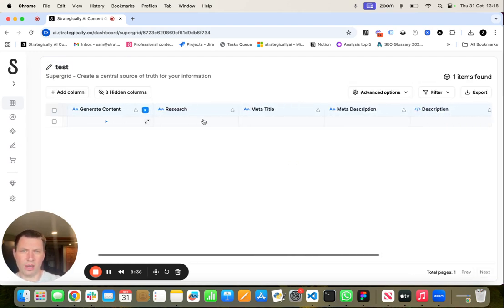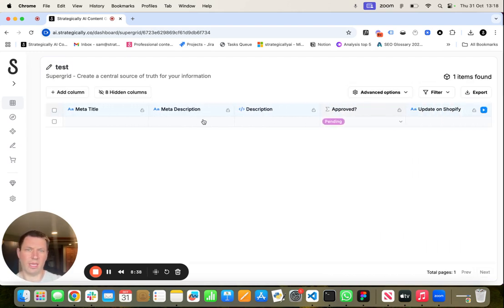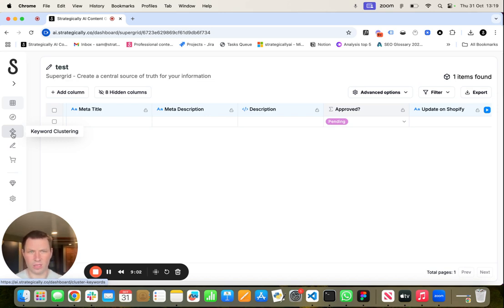So you've got the line item here, which we're going to go and build. And this is all set up ready for the AI to go and run through that product. So we're able to take the top keyword that we've gathered from clustering. We'll then be able to convert that over into a line item in there, and then start to apply workflows to that to be able to go and create that content and move that back over into your store. So this is kind of an end-to-end process that takes the clustering data and then converts that back over into